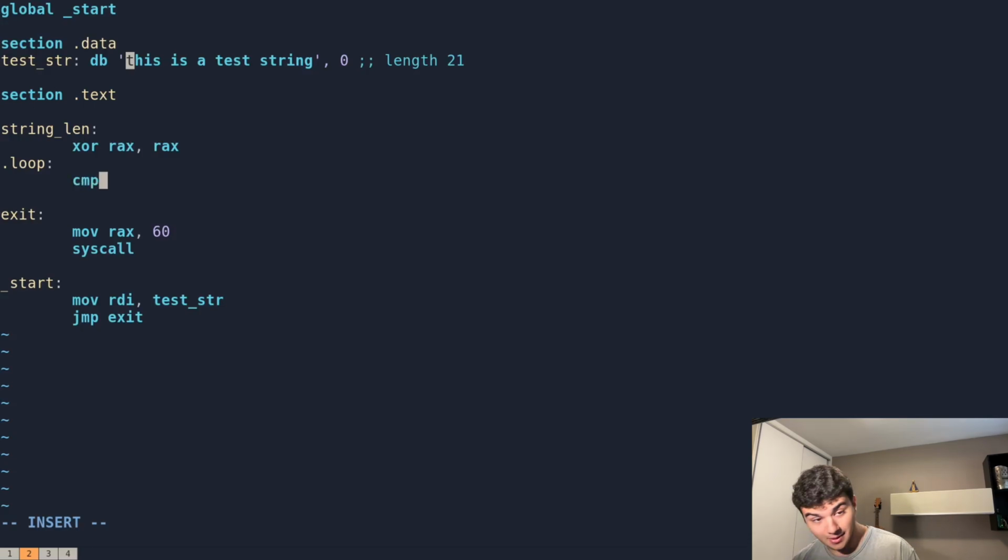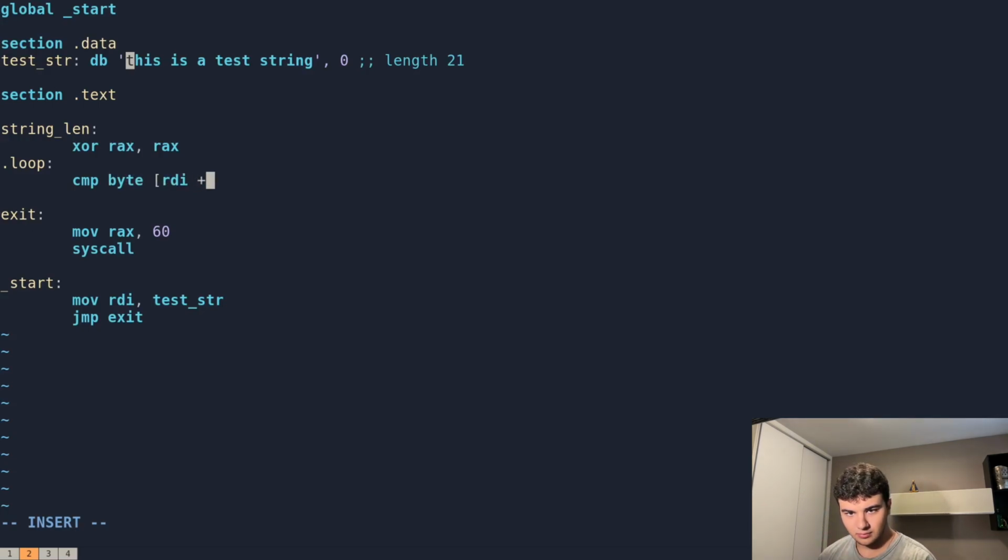So we're going to use the CMP instruction, which is compare. It receives two values. The first value is the value we are comparing, and the second parameter is the value that we are comparing the first one to. So for that, I'm going to put byte. This basically says that I'm looking byte for byte, not in a big manner. For example, if I pass here only RDI, it will look into the whole string, and that's not what we want to do. We actually want to iterate byte by byte, right? So we add this byte to RDI